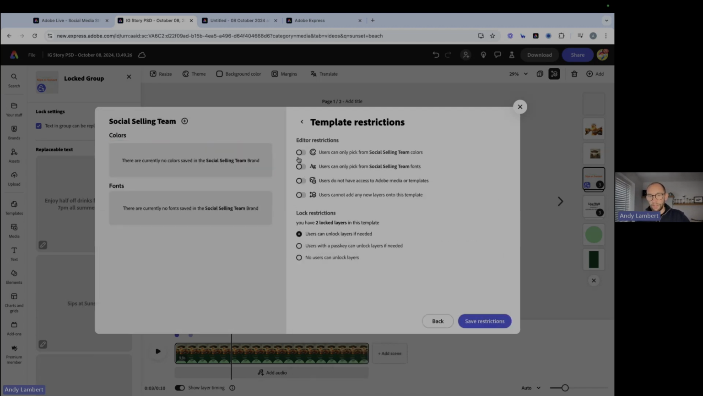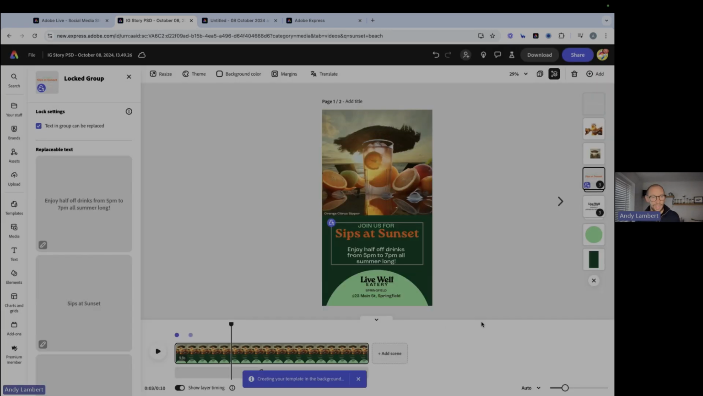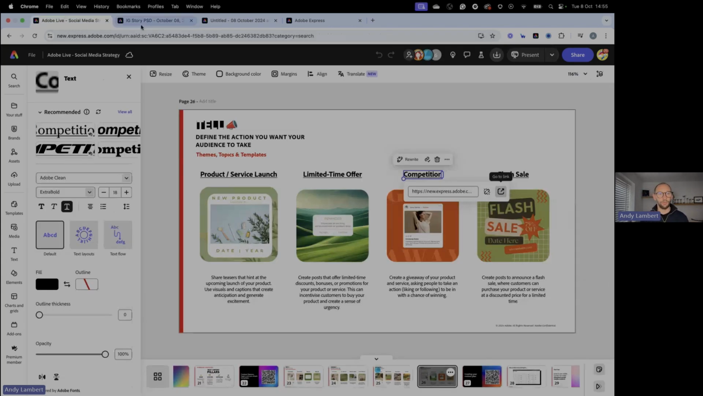We can define the locks as well, especially if we want to have restrictions around what people can use. If we toggle these on, anyone working with these templates will not be able to use the Adobe Express media or colors or whatever. It will be restricted to everything you set in your brand. And that can be really, really powerful. And with that, once you set those restrictions, you then save that template, saving it back to your brand, and that kind of ends us back right where we